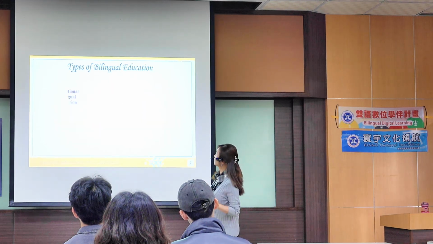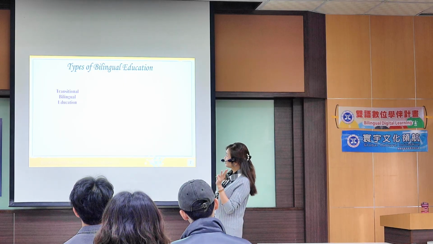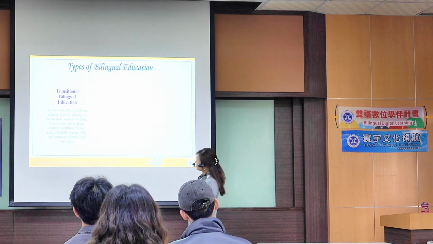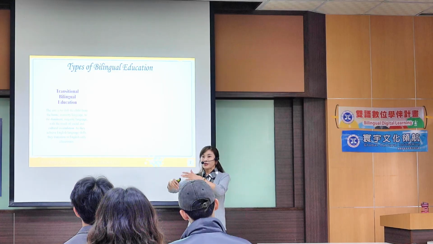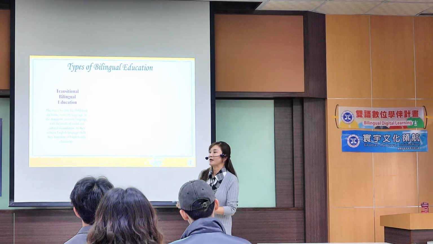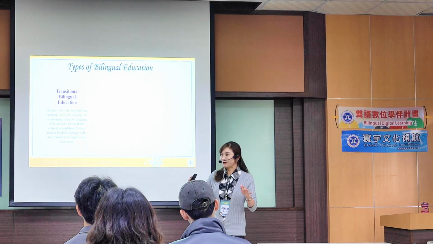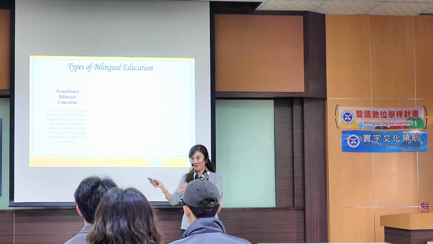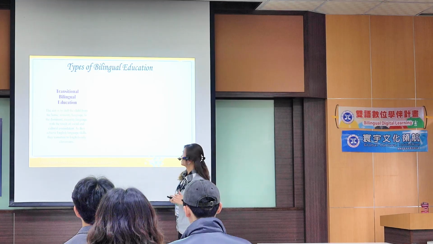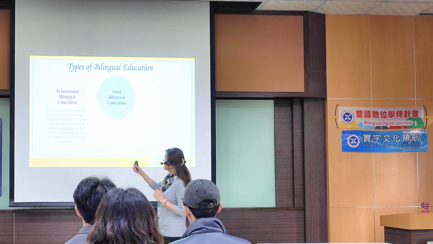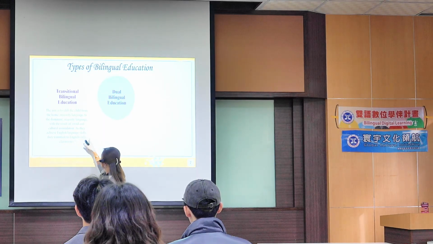All right, the types of bilingual education. So there are 3 types of bilingual education. The first is transitional bilingual education. Transitional means the aim of this program is to switch. You may use Chinese in your class, but at the end of the course, you will focus on English only. But our program is named bilingual, so we always keep Chinese when it is necessary. Okay, this is transitional. Here, transitional means as they achieve English language skills, they transition to English-only